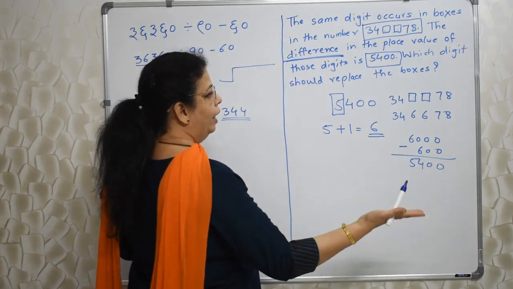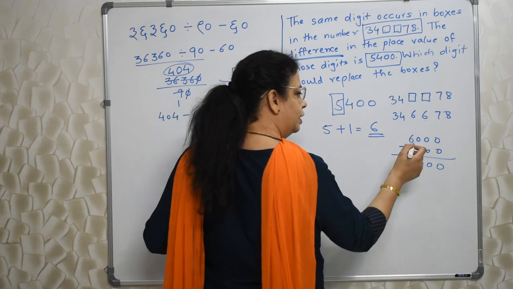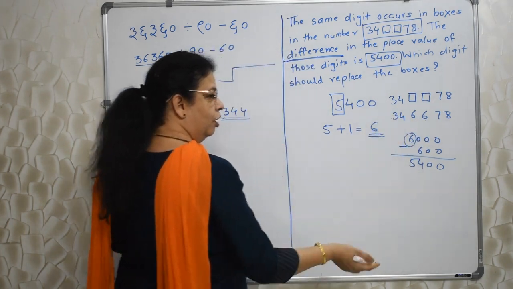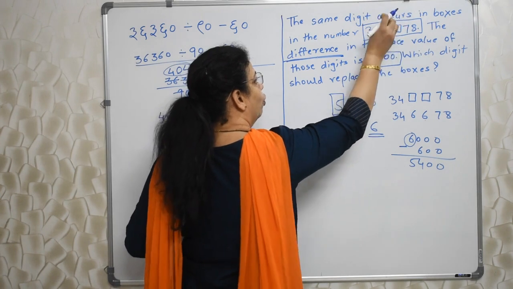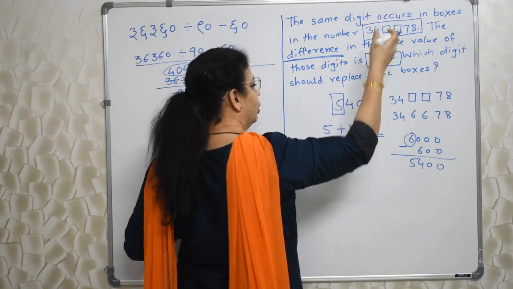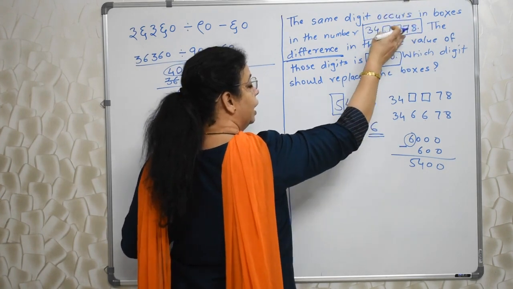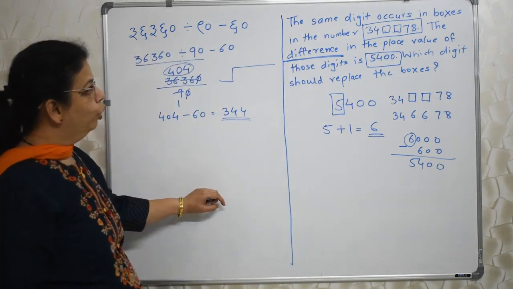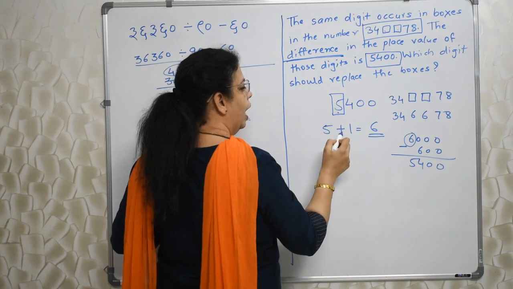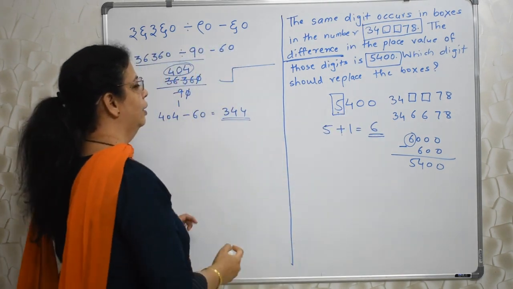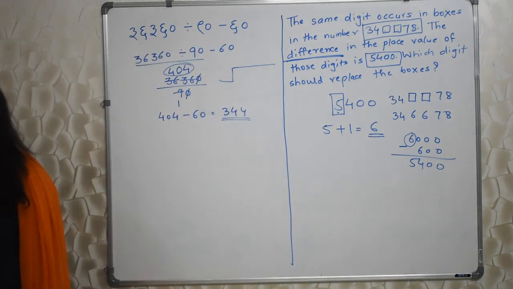See what we did? We did not see whether 6 will be there as one of the options, 5 will be there, 4 will be there. Students will put 5, then 4, and then the fourth option may be 6. That time they will try 6. So much time they will waste. So what you do? Take the first number, add 1 to it. Your answer is ready. Isn't it interesting?